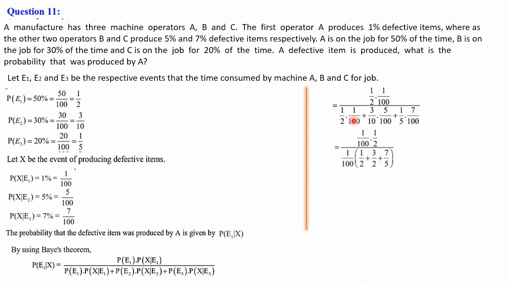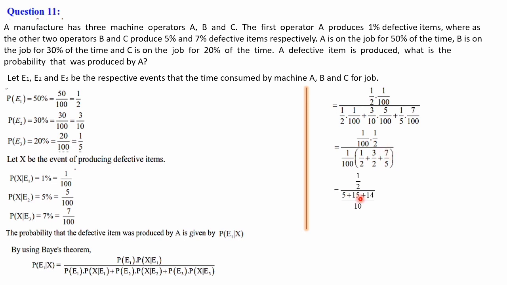That is equal to, 1 by 100 we have to take common in the numerator and denominator. In the denominator, if you take 1 by 100 common, the first term there is 1 by 2, second term there is 5 and 10, if you cancel, denominator 2 will come, so there is 3 by 2 balance, and in the next term there is 7 by 10 balance. So 1 by 100, 1 by 100 we can cancel here. That is equal to 1 by 2 in the numerator, divided by denominator 5 and 2, LCM 10 if you take. Here we have to multiply with the 5, that is 5 into 1 is 5. Here also we have to multiply with the 5, 5 into 3 is 15. Here we have to multiply with the 2, that is 7 into 2 is 14.